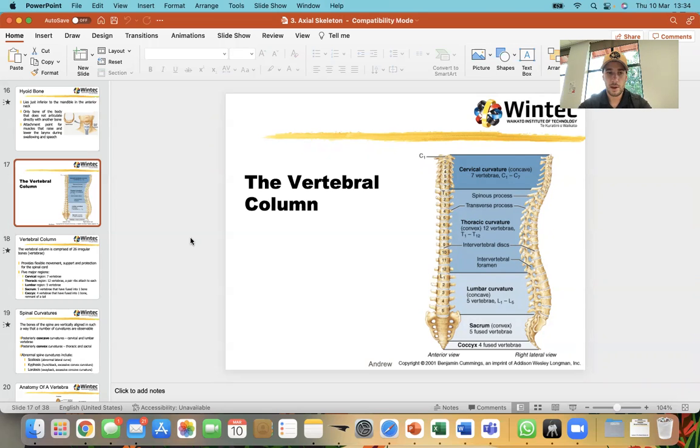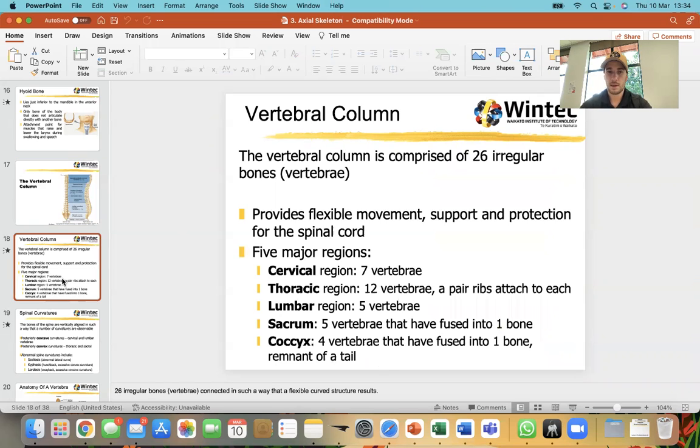Okay, so what we can see is that the vertebral column is comprised of 26 irregular bones. Okay, so remember irregular, we're talking about the shape and how it appears, how it looks. So there's 26 irregular